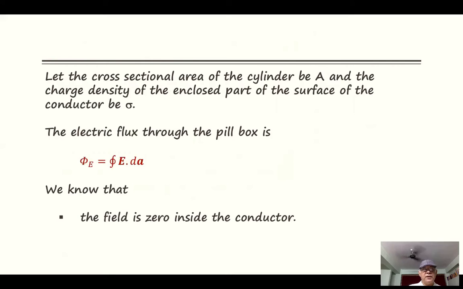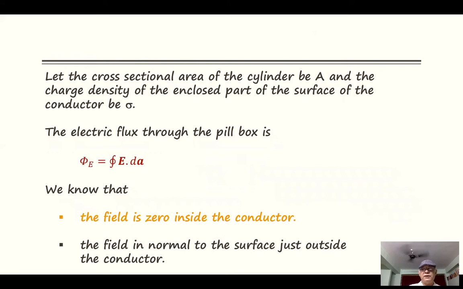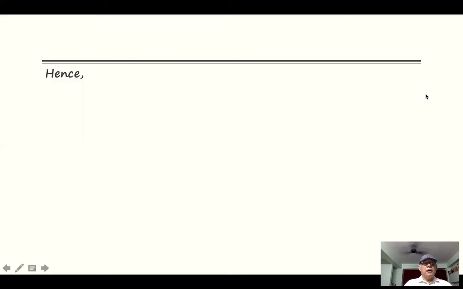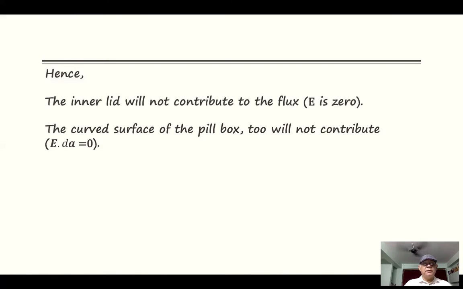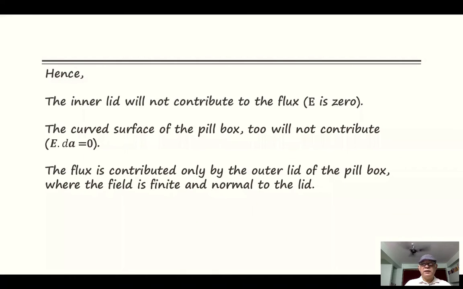We know that the field is 0 inside the conductor and the field is normal to the surface just outside the conductor. Let us highlight these 2 points. Hence, the inner lid will not contribute to the flux because E is 0. The curved surface of the pillbox too will not contribute because E dot dA equals 0. The flux is contributed only by the outer lid of the pillbox, where the field is finite and normal to the lid. Therefore, the flux through the pillbox is,